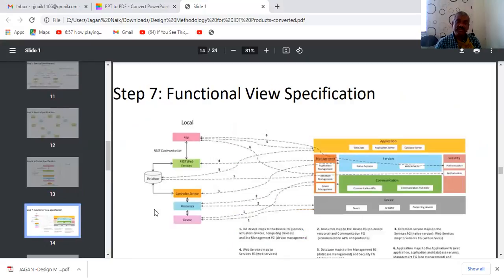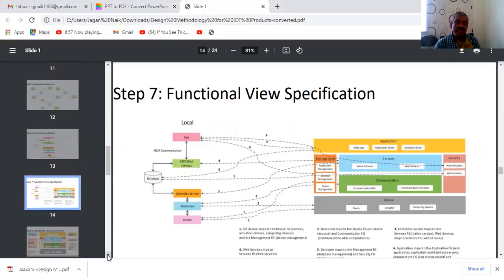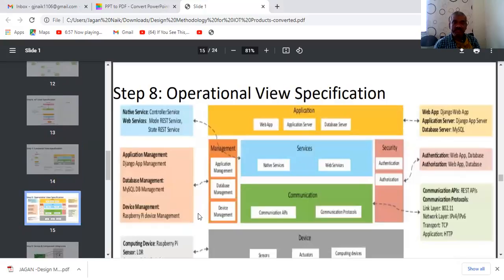Next is the functional view specification. It is the structure showing the case study, I mean, designing aspects as functional studies for the home automation for a lighting purpose. This is the local database which is required. By having these local databases, we are going to perform some functions for the automation of a light in a home.